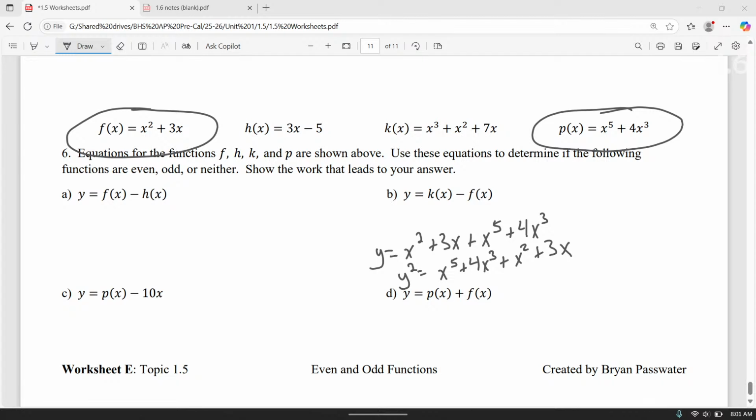In order to be odd, they all got to be odd at least. In order to be even, they all got to be even at least. But to check this, what I would do is plug in f of 1 and see what I got, and then plug in f of -1 and see what I got. If you get the same thing, it's even. If you get the opposite,